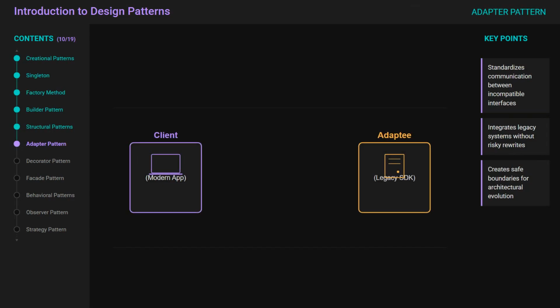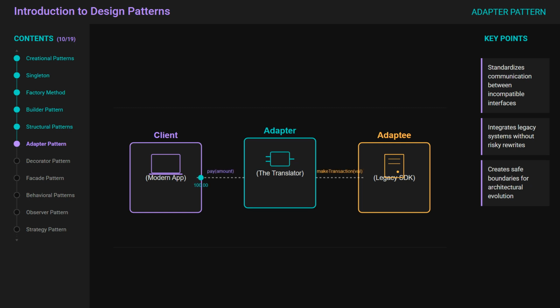Imagine this. You're on a deadline, demo starts in 1 hour, and your app is ready, except for one thing. Your clean new checkout module expects a payment processor interface with a method called payAmount. But the only gateway your company already paid for is an old SDK with makeTransaction value. Same purpose, different language. Your code and the SDK are standing face to face, both useful, both correct, and still